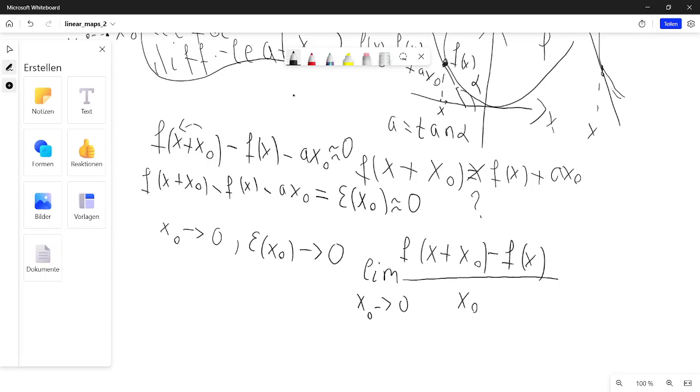Then this, of course, will go to 0 as well. But if we just have that this also goes to 0, so let's suppose this goes to 0 and this goes to 0,